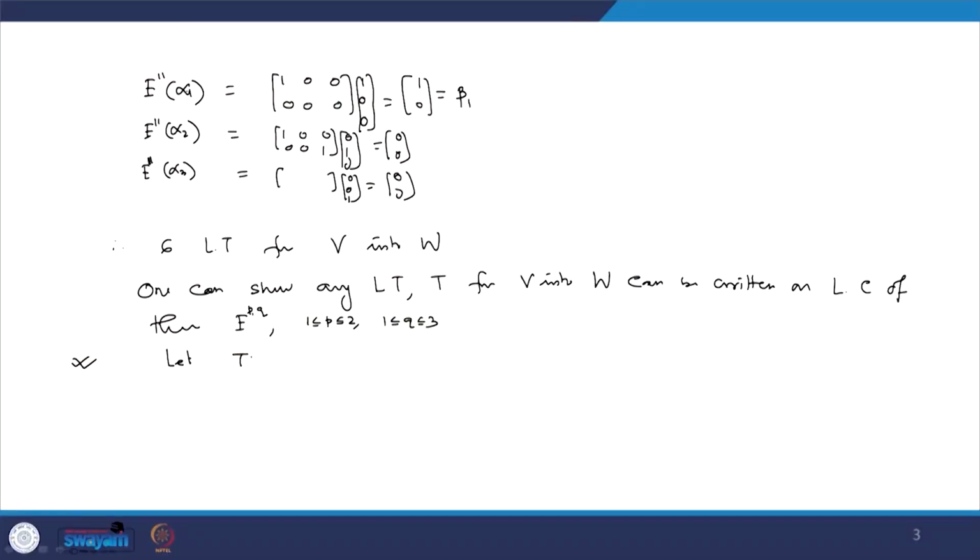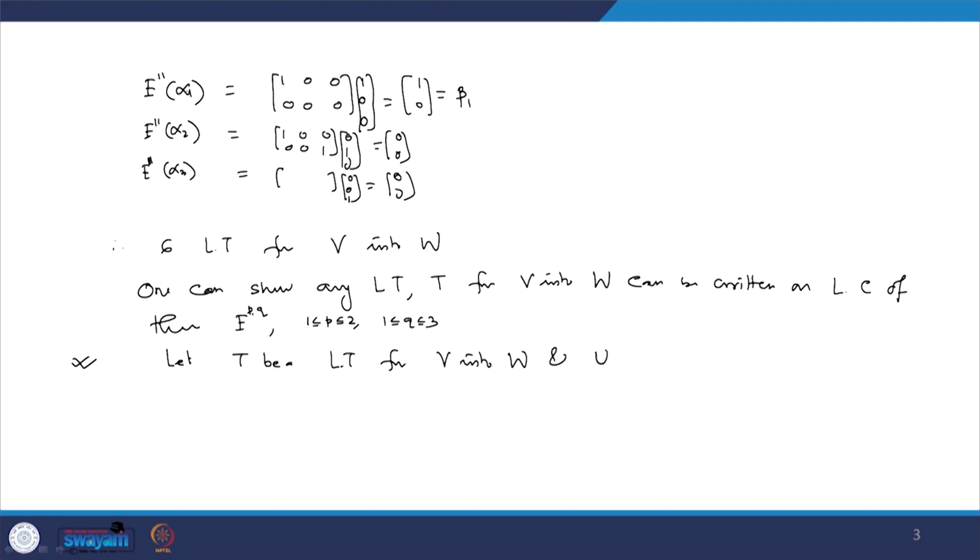Then what can you say about the multiplication of these two linear transformations, please? So, what is the question? Question is like this, say let T be a linear transformation from V into W